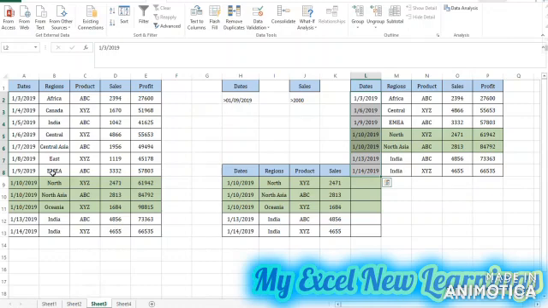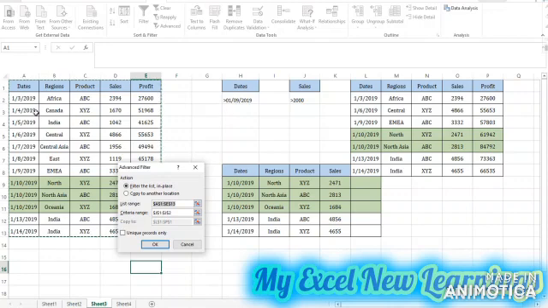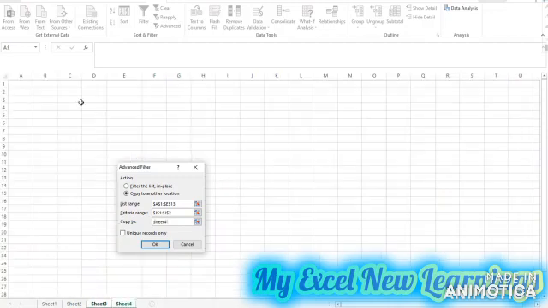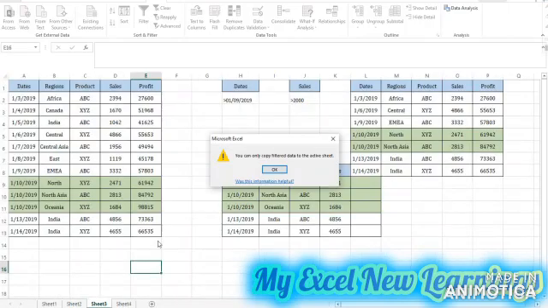So here there is one disadvantage. When you want to pull the data to the other location, the sheet should be active. So for example I will show you. So we are in the data, and I click on the advanced filter, and the range is selected. So this is my criteria. Now I want the data to be pulled to the other sheet, like sheet number 4. So I will click anywhere, then I will click on OK.